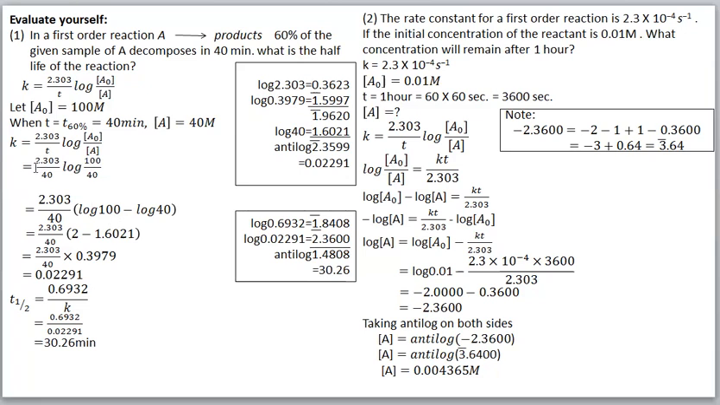Okay. Then first this number, you see, 2.303 by 40. This one we can split into 2. Log m by n equals log m minus log n. So here in brackets we can write log 100 minus log 40. Okay. Log 100 is 2. Log 40 is